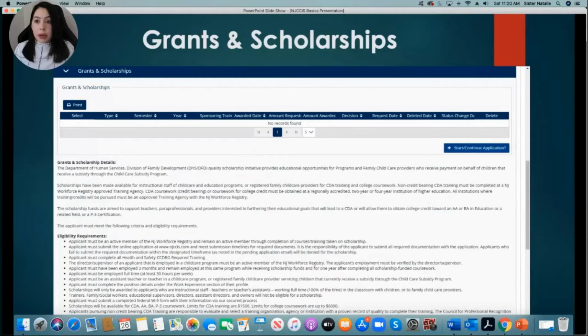I briefly mentioned grants and scholarships. So that's the following tab. If you do qualify for any scholarship, it will be there. This one specifically, it's for CDA training and for college coursework. So your staff, if they're interested in going back to school or doing the CDA, they are able to apply for this scholarship. I don't know if they're taking in new scholarships right now, but you can reach out to